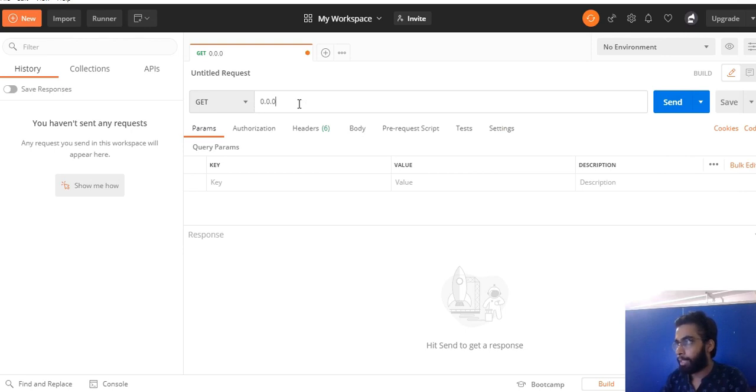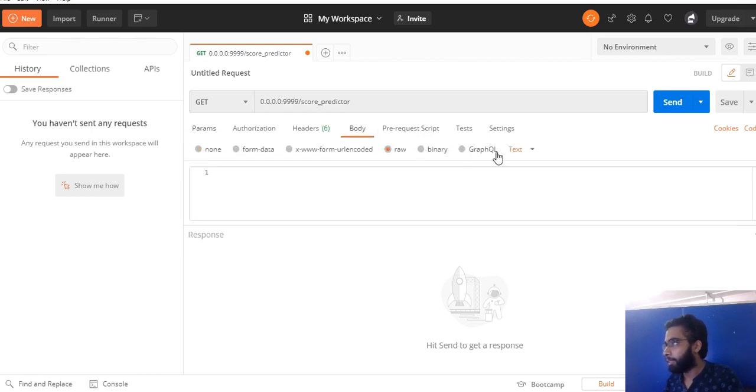I'll send out a request at 0.0.0.0, port number 999, and score predictor. Awesome. Now body I'll send as JSON, and what I'm expecting is wicket, which will be, let's say, 0, and I'm also expecting overs.